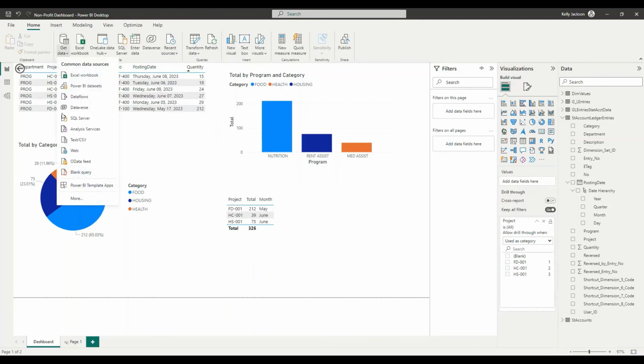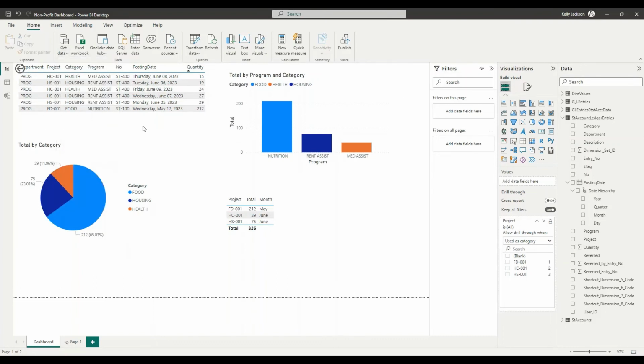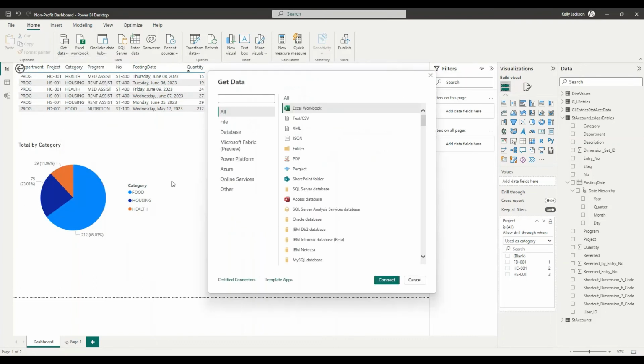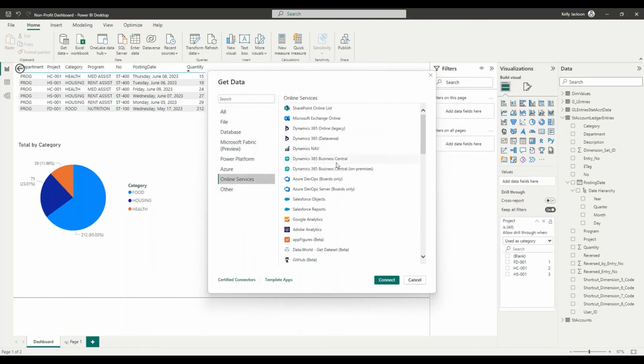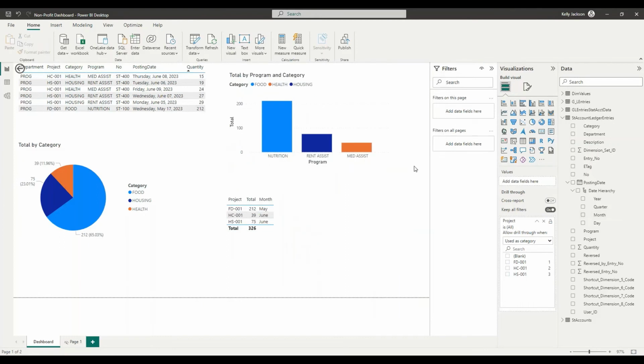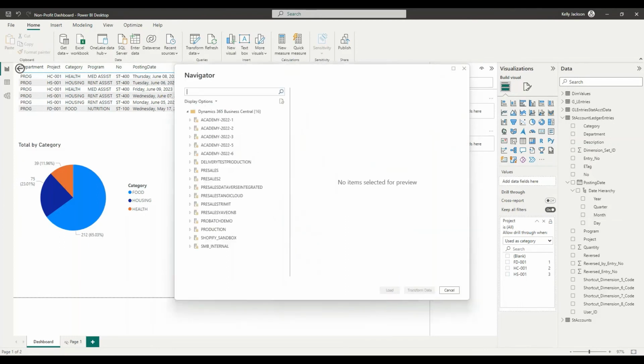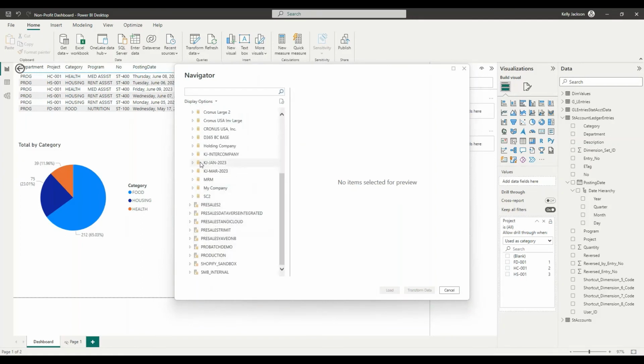And from here, I would go to my analysis, oh boy, Get Data, and I'm going to go to More, and from here I am going to go to my online services, and I'm going to grab my Business Central, and this is going to pull up, then it's going to connect to my Business Central, and it's going to pull up those various environments that I have access to, and then from here I can just connect to anything that I've got set up in this specific